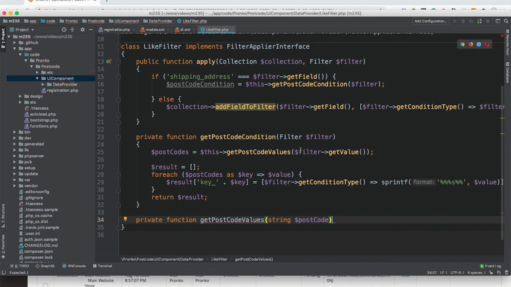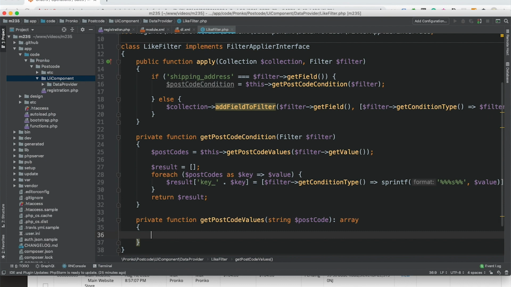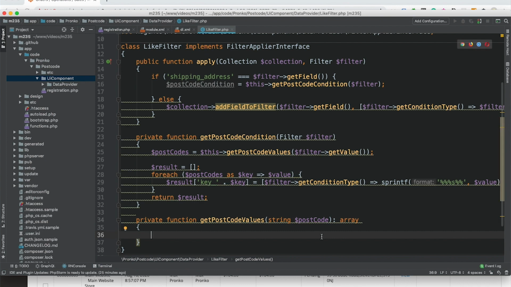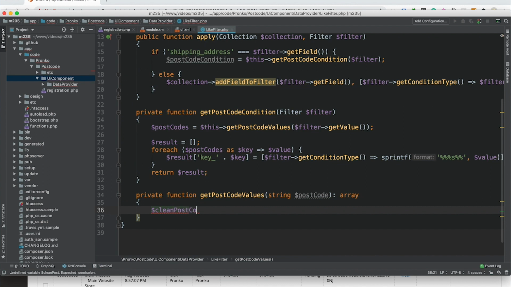Since we are passing a value, we expect that this is a postcode, or it could be any other value that can be used as a filter for shipping address. However, for this example, we will assume that we provide a postcode value, so we can use it and filter it. So first of all, I will